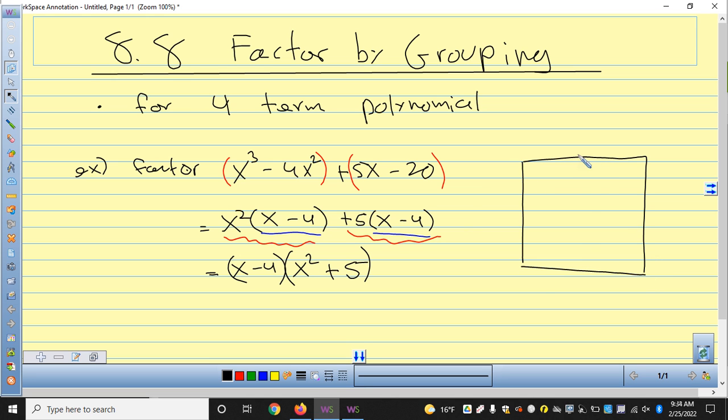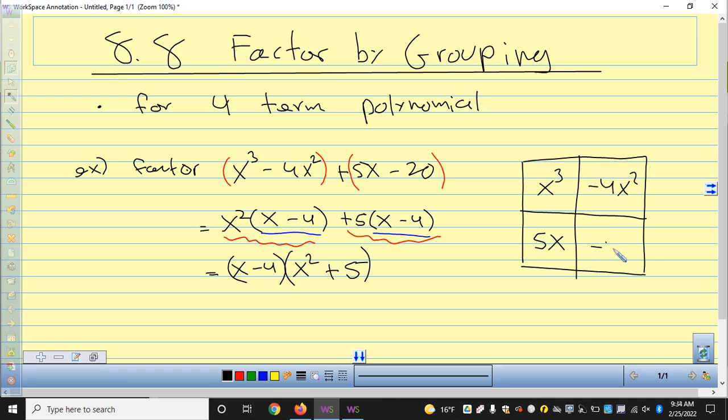And I'm just going to put my 4 terms in the box. X to the third minus 4x squared. I'm just putting each of these in a box here. 5x and negative 20. And then I'm going to pull out, just like we've been doing, pull out the greatest common factor for each